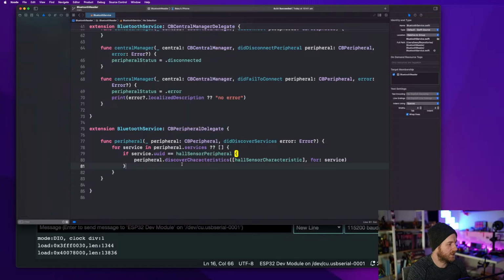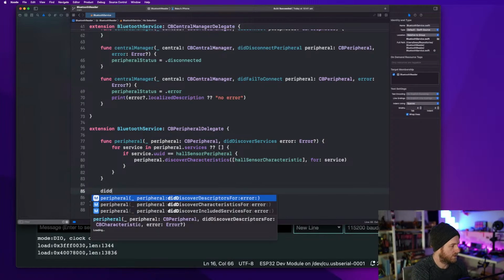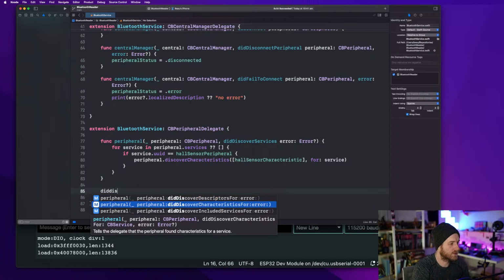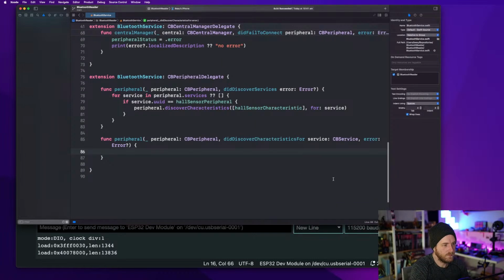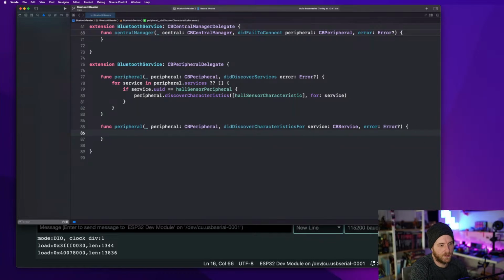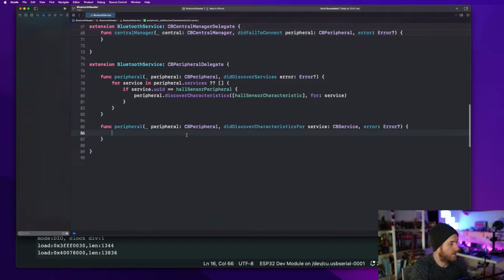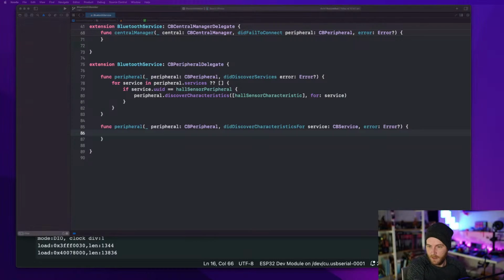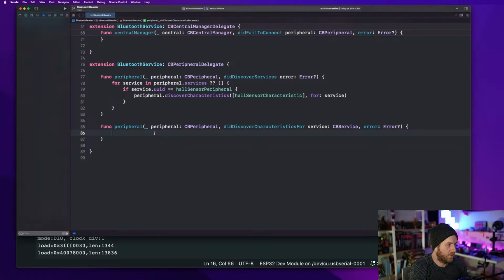Okay, so what function did it say? It was peripheral did discover characteristics. So let's do that. Did discover characteristic. Excellent. For the service, let's just make that a little bit. All right, so of course we have our peripheral now, and it should be on the service, yeah. So for characteristic, we're going to do the same thing again, another loop in service